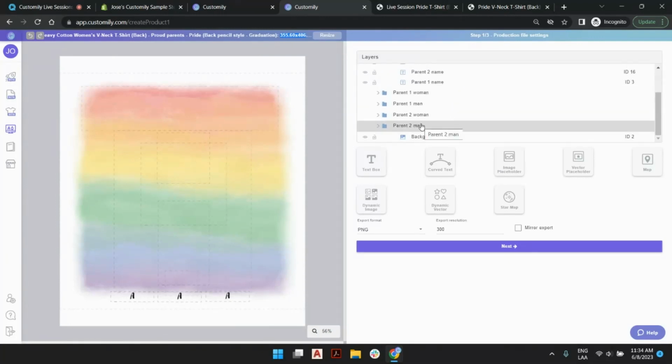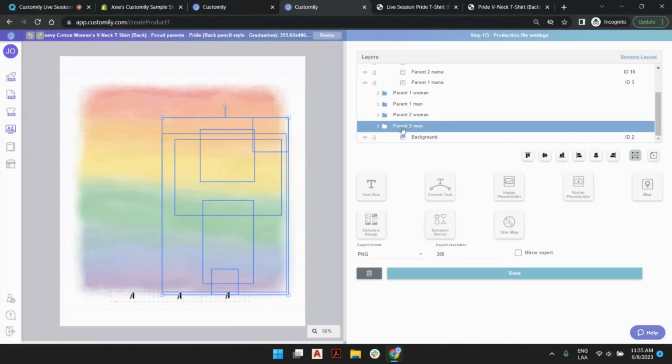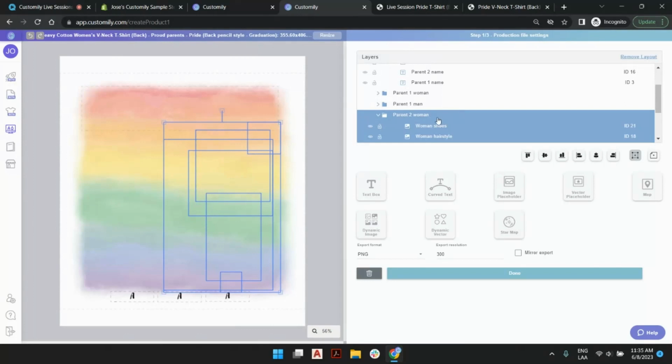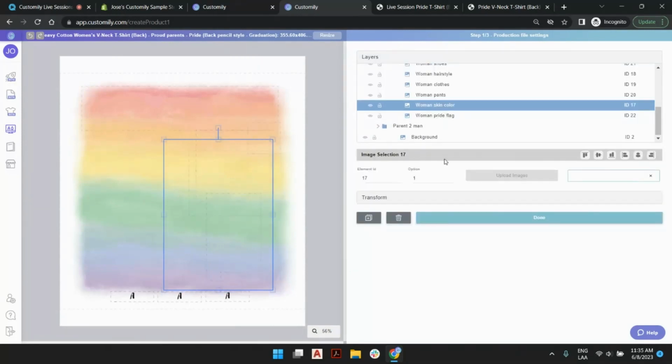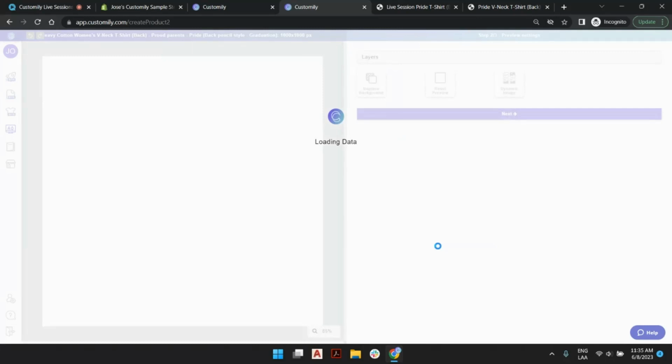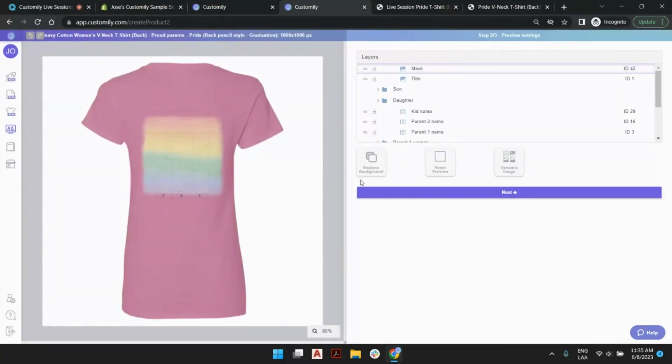We're going to check out what is all this later, how everything works in Customily. But just so you know, you have a parent to man, or a parent to man. There's a lot of groups here and a lot of group of layouts, and I can realize that I actually have someone in here, a graphic. I have a design inside the template that has all the options all together. And not only do I have the print file that is going out as a PNG at 300 dpi. If I click next, I can see that design presented on